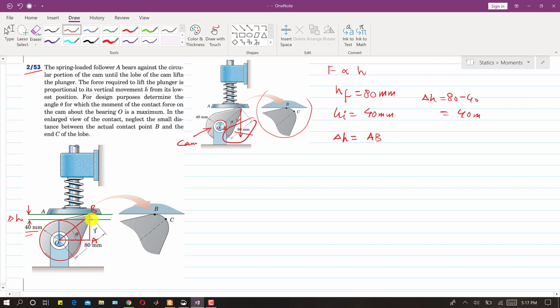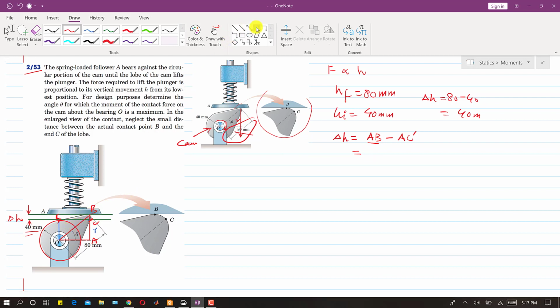And let's suppose this is some point, so let me write that this is C point, right? So this will be C dash, right? So this OC distance and AC dash distance are the same, right? So we can write that delta h will be AB minus AC dash, right? So AB is how much? We do not know AB, but we know that this OB length is 80 mm.